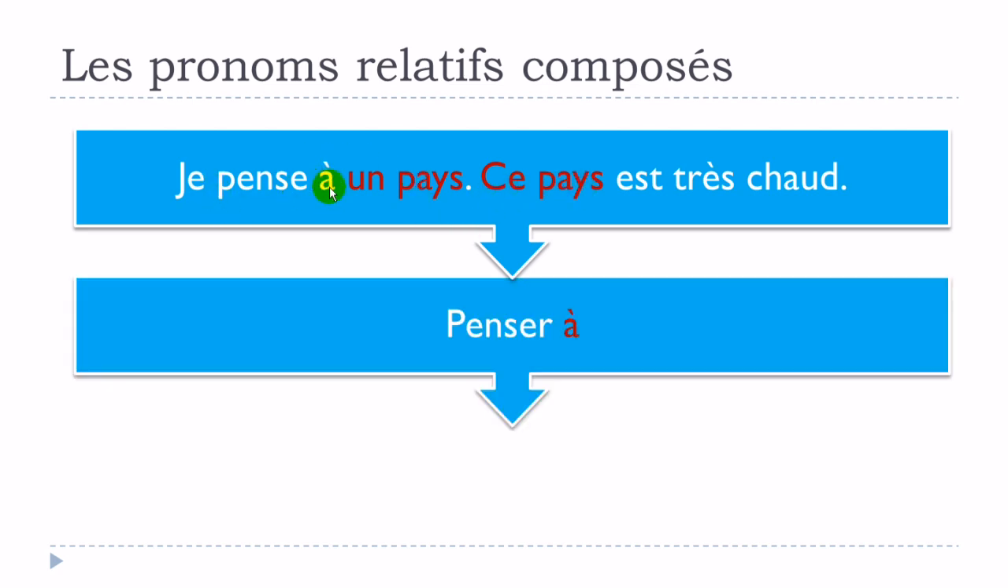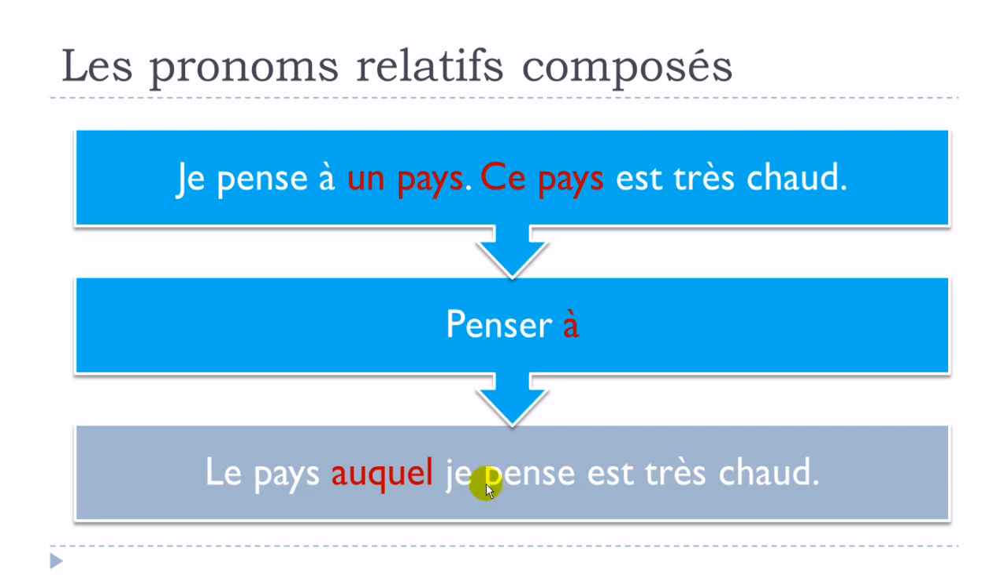We've got penser constructed with à here. Okay, so it means that we will have to combine à and lequel, and this is the scenario when it changes a little bit. So we first place le pays, then remember à combined with lequel becomes auquel. Okay, so you put auquel here, then as we had previously, you just continue your sentence, so you put back your je pense, and finally you put this part to end, est très chaud, and you get your sentence: le pays auquel je pense est très chaud. Okay,